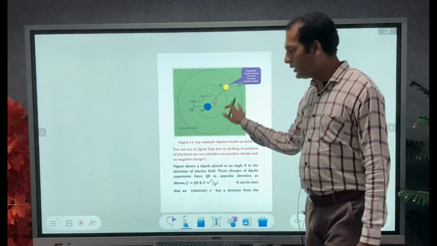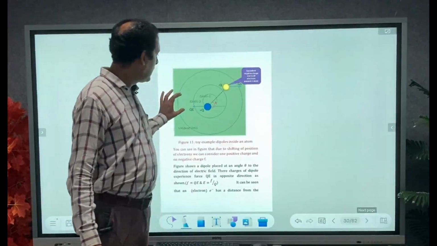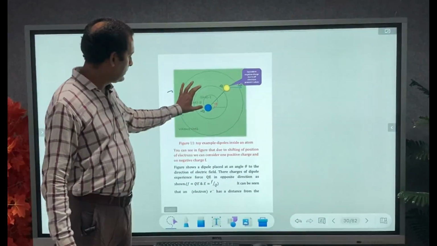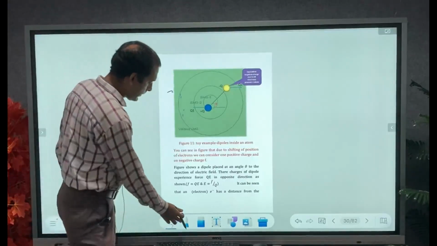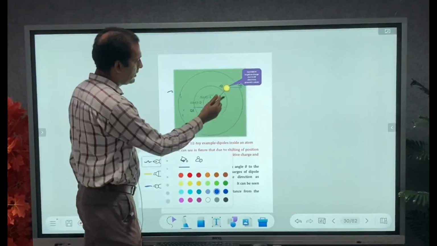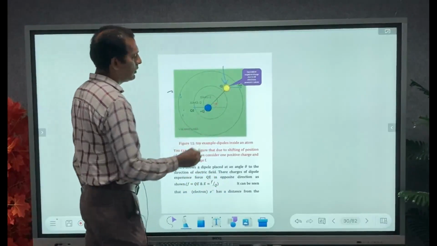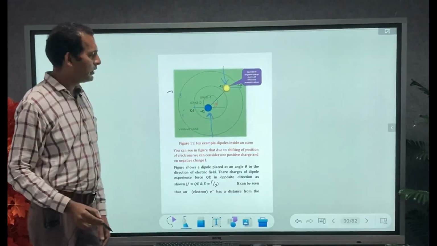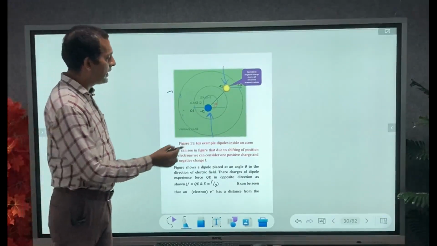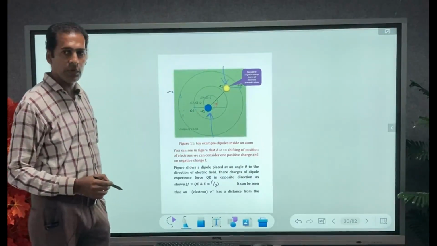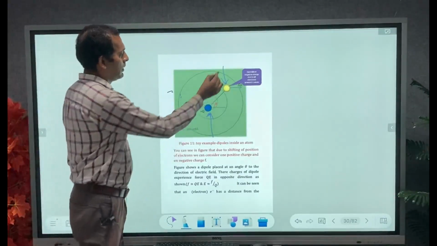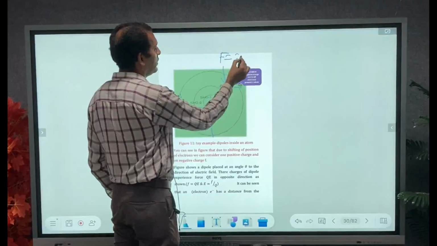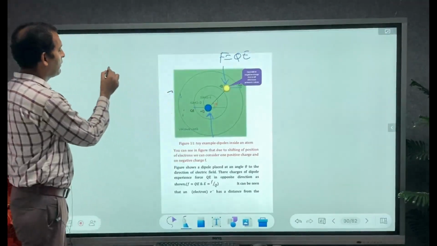Okay, so here we can see all electrons are combined at one place, and they represent one single negative charge. So all the electrons we consider here, with this yellow, represent one pole, and here the nucleus represents one positive pole. Now how do we get the diagram? One is negative, another one is positive, and when we apply some force, that force is given by QE from the definition of electric field intensity.